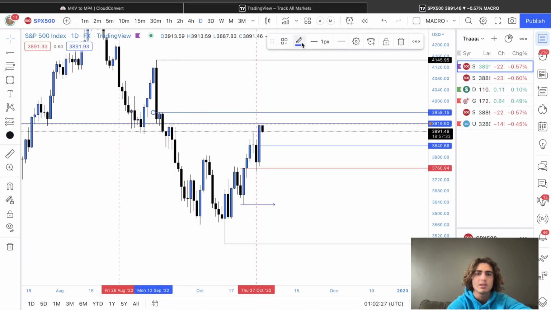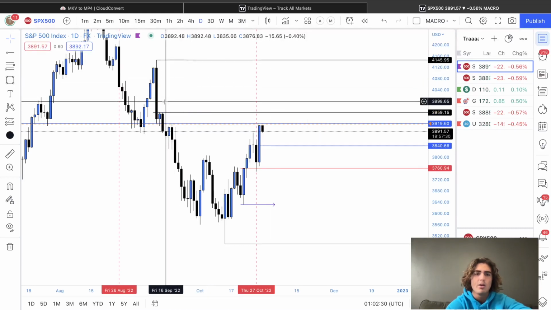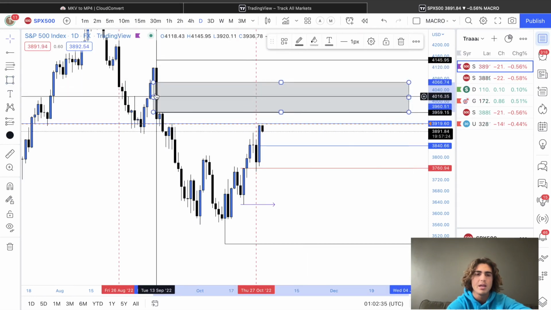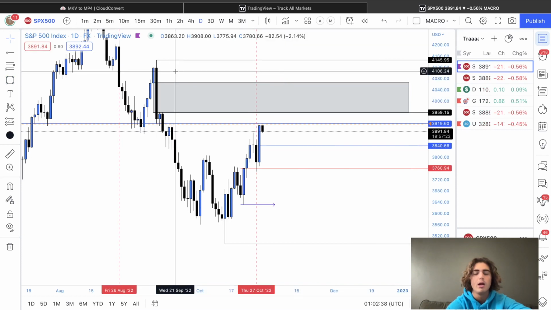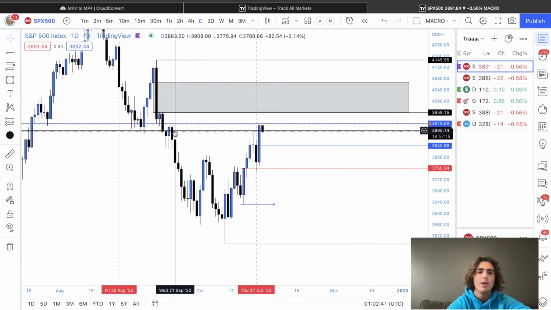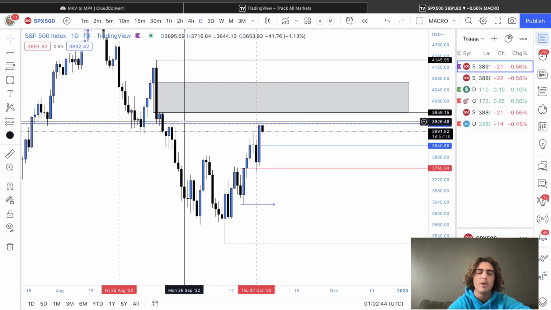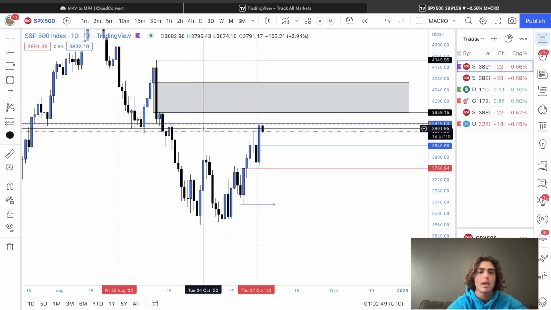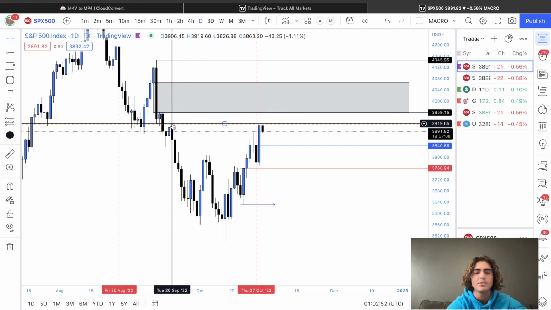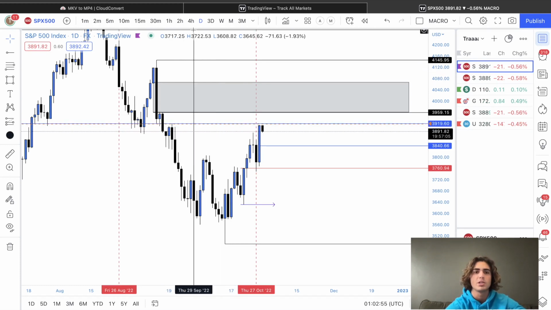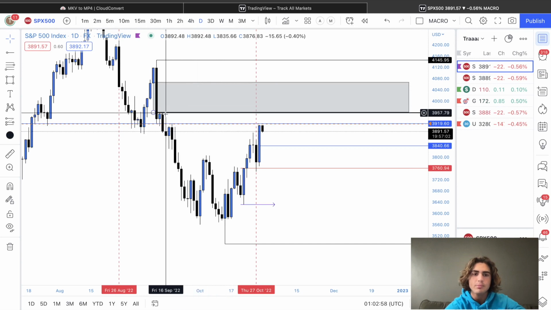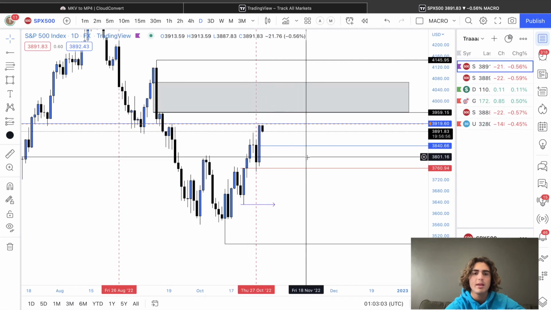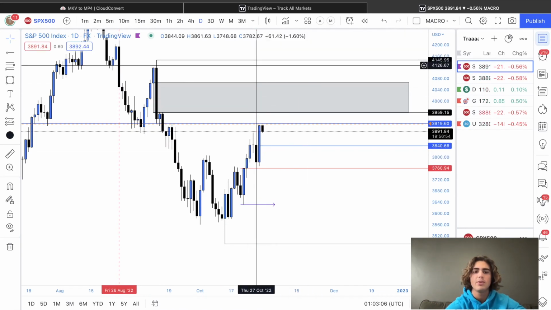Okay, what else is this? This is also an area of liquidity for us, in confluence with a massive fair value gap coming off of CPI data news from this candle. So for me right now, both of these areas look like very great positions for a continuation to start to reverse. Okay, so I'm looking for either this liquidity level to get swept, and then trying to find break of structure on higher time frames such as the 4-hour. Or I'm looking for this liquidity and this fair value gap to get pushed up into, accumulate, and then break lower. Okay, so that's kind of what I'm looking at for this week.